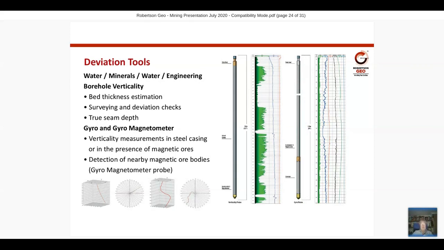So the other very critical thing to know when you're doing borehole logging and trying to ascertain the whereabouts of an ore body and its definition are deviation tools. One of the logging tools that can be used is a borehole verticality tool. This gives an indication of the degree of deviation from the vertical of the borehole and can provide surveying and deviation checks. Quite often you think of boreholes as straight cylindrical features, but more often than not,